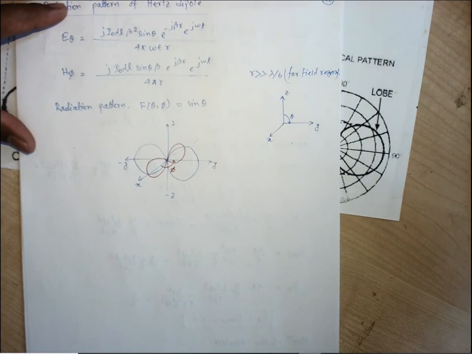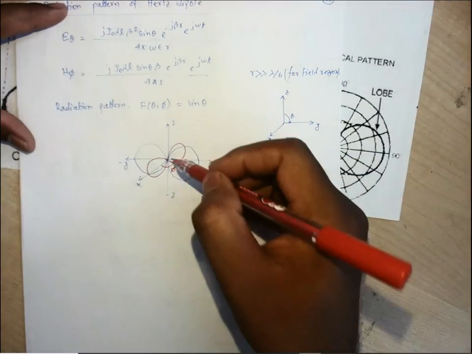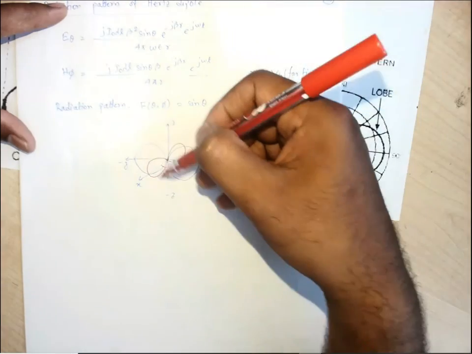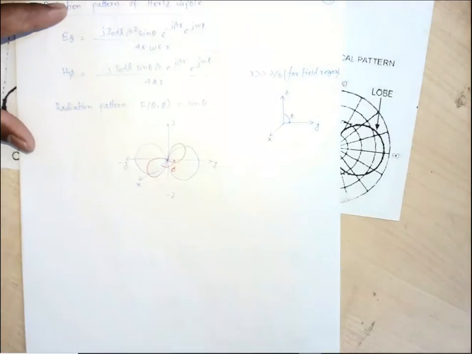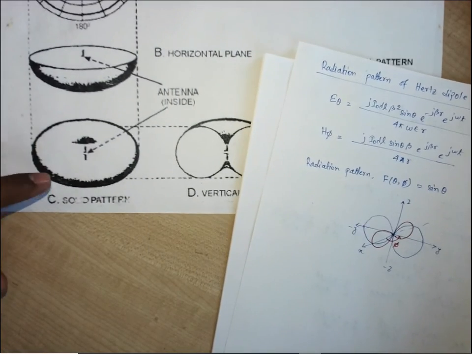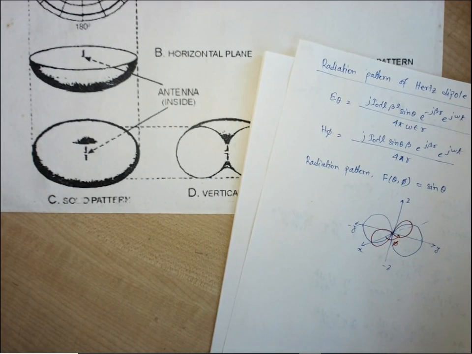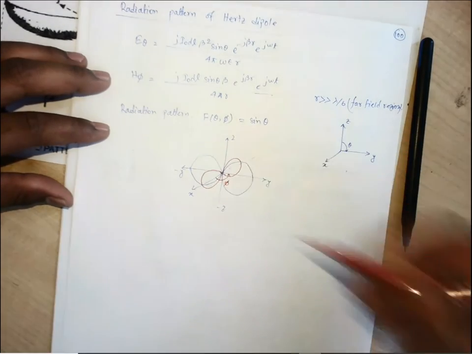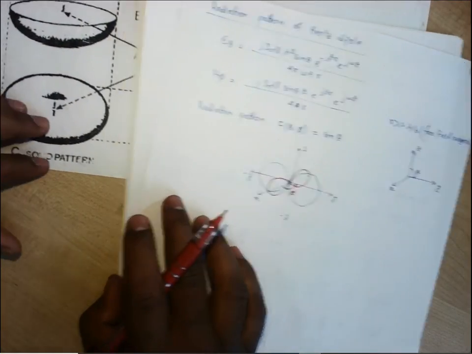Understand? I got it. It is going along the circumference. Yes, it is along the sphere. Why? Because we are considering the whole value of phi from 0 to 2 pi. So for a 3D pattern, you need to consider each value of phi. If you consider each value of phi, this kind of slits will come across the sphere. That's why this is the 3D surface. This is the 3D diagram. Clear? Yes. You have to take this 8 pattern for each value of phi. Then only can you construct this diagram.